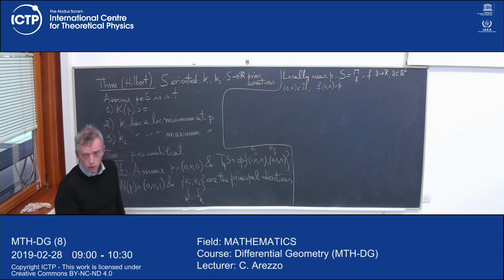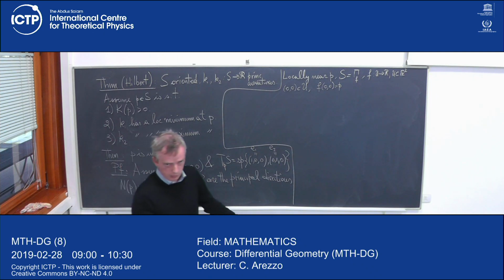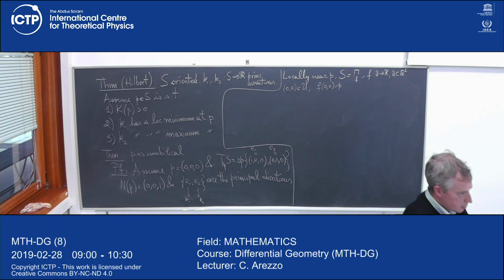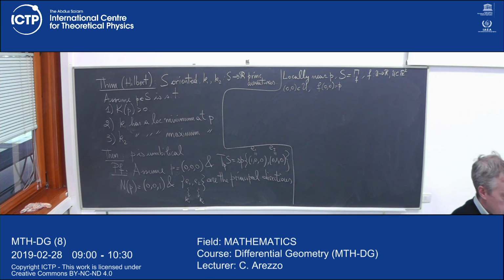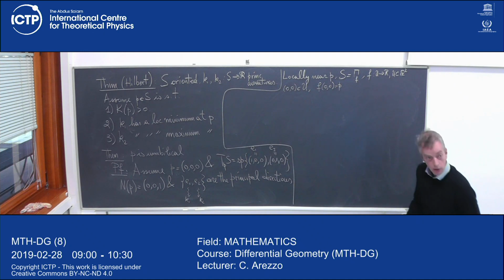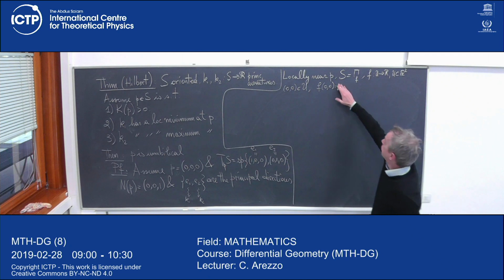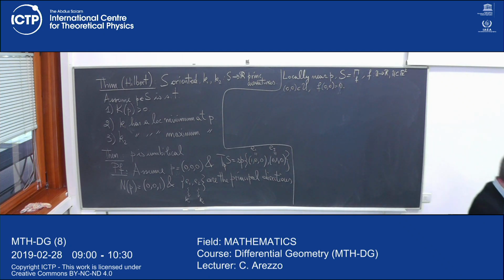I don't have space to draw a picture, but I'm doing nothing essentially. I just write the surface on a small neighborhood of this point as a graph, no harm in assuming that the origin of the domain is going to the point P. Sorry, f of (0,0) is equal to 0. Okay,